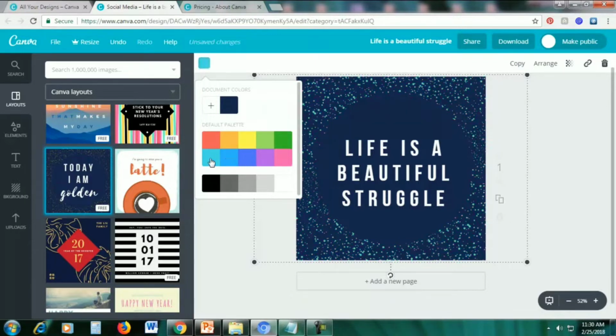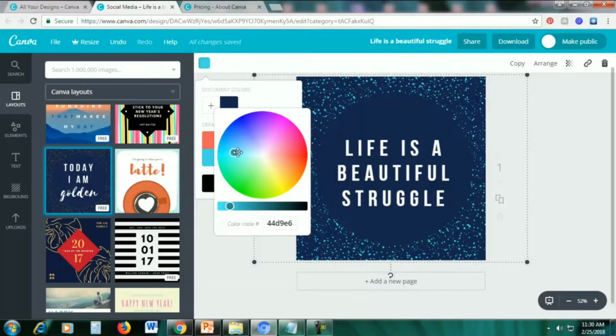So if you don't like any of the available colors here, just click this plus sign here and you will be led to a color picker. So you can choose the specific color that you want. For example this, and if you have a specific color code, then you can just paste it here. So I'll show you